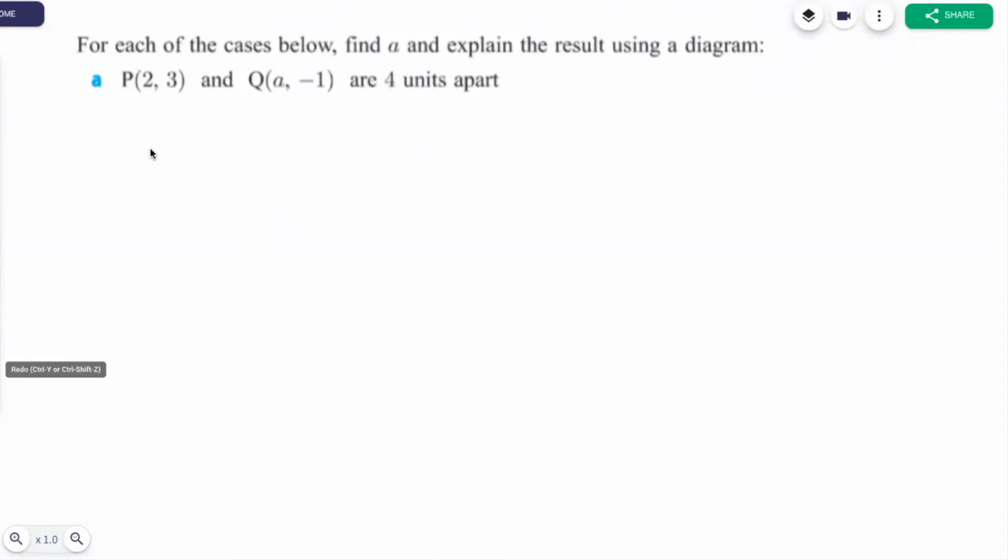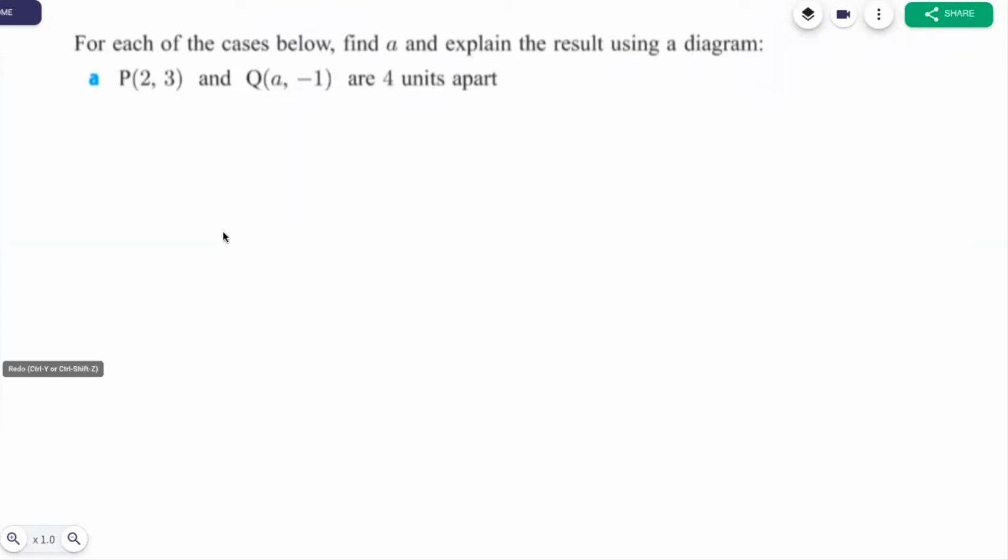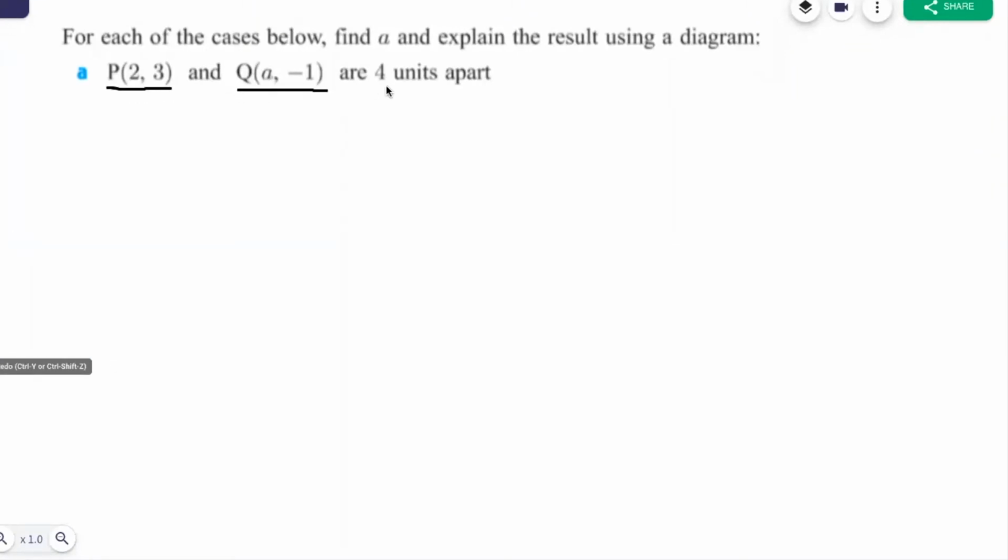Let's see this question. For each of the cases below, I've got only one case here. Find A and explain the result using a diagram. So our first task is to get the value of A, this coordinate, and after that explain the result using a diagram. So when you have a question wherein you have 2 points and you have the distance between the